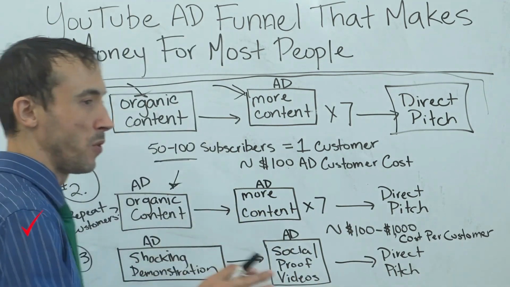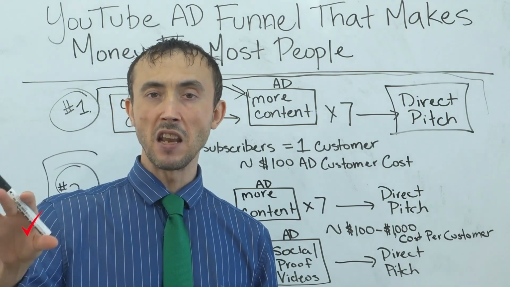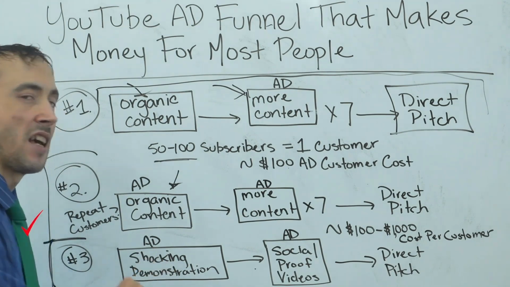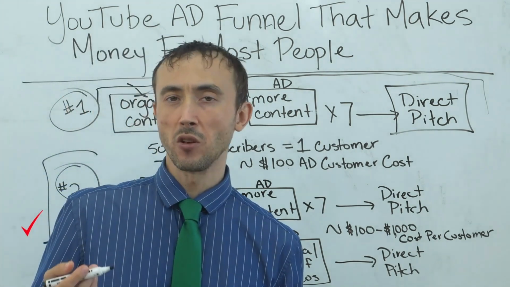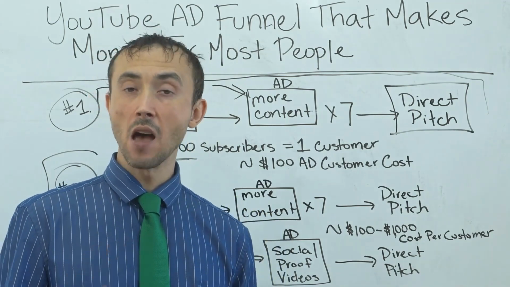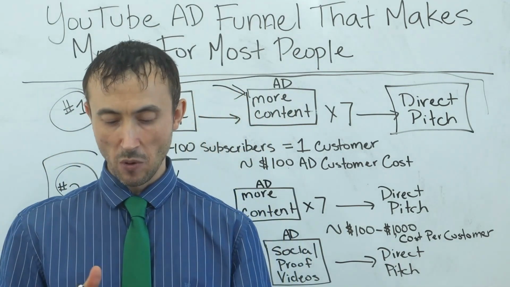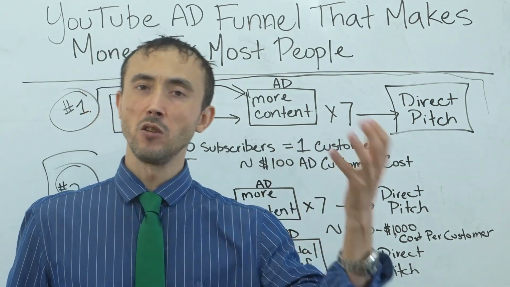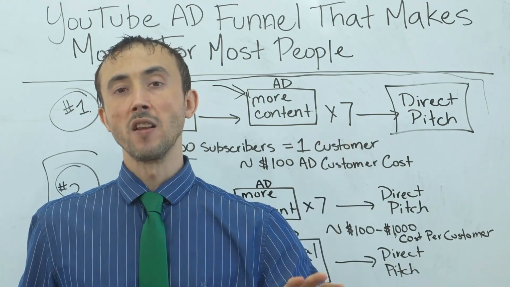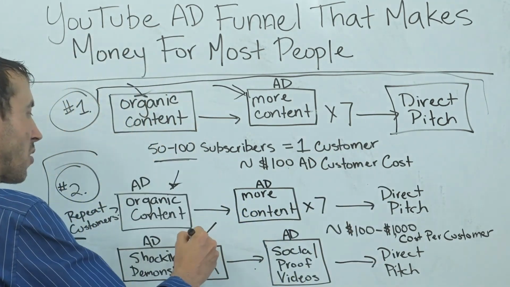If you do have something unique enough and in demand enough, you can go directly at them and still make money, and that is your third way to sell using YouTube ads. In this case, like we had a toolbox. The toolbox is really good quality. You could beat the crap out of it and it wouldn't dent or get damaged. What we did on the video ad was show it being abused in every which way. That in itself caught the user's attention because it was unique, and we were marketing it towards people we know would want a toolbox because they're interested in other similar products. So we have that video ad show up for them.